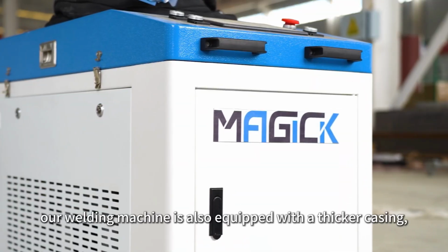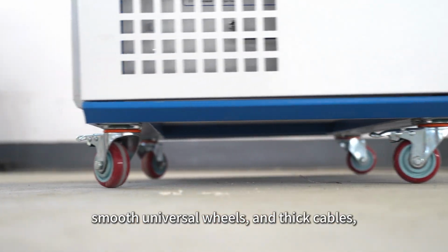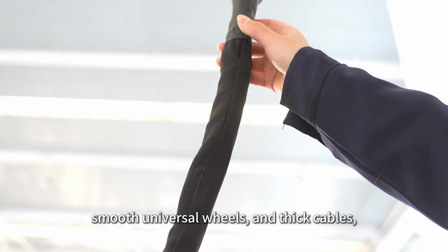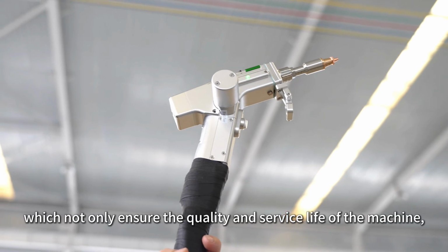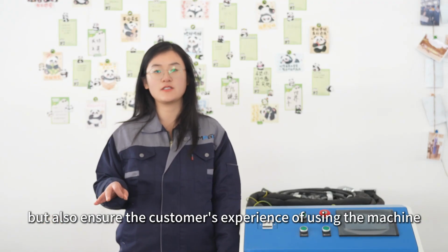In addition, our welding machine is also equipped with a thicker casing, smooth universal wheels, and thick cables, which not only ensure the quality and service life of the machine, but also ensure the customer's experience of